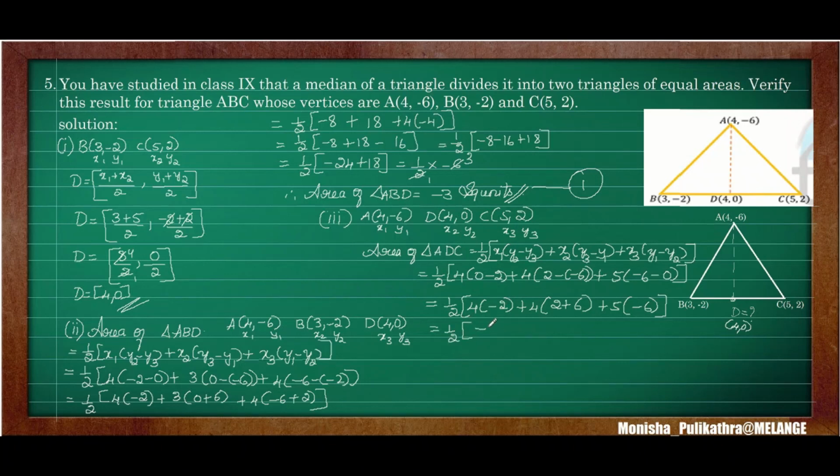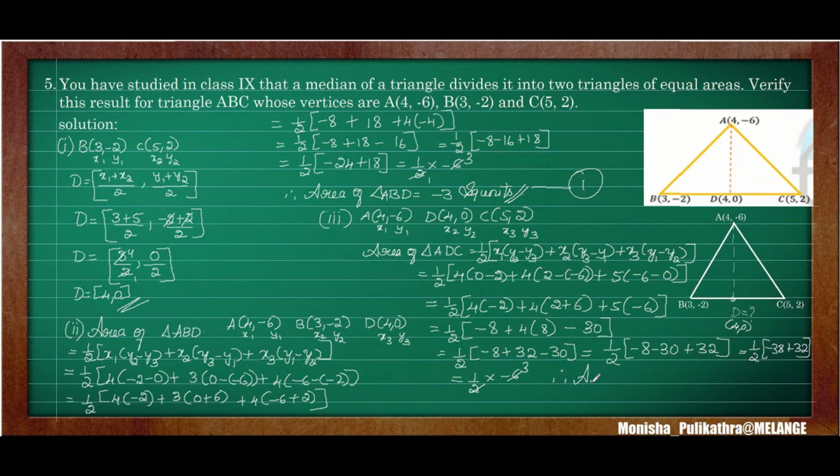Half into 4 2s are 8. That is minus 8 because the minus sign is there. Next 4 into 6 plus 2, 8. Here plus into minus, minus 6 5s are 30. So half into minus 8 plus 8 4s are 32 minus 30. So half into, I will be keeping the like signs separately and unlike signs at one point. Okay. So it will become half into minus 38 plus 32. So that is half into minus 6. So 2 1s are 2, 3s are 6.